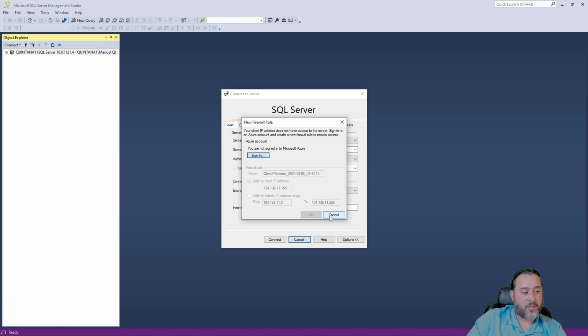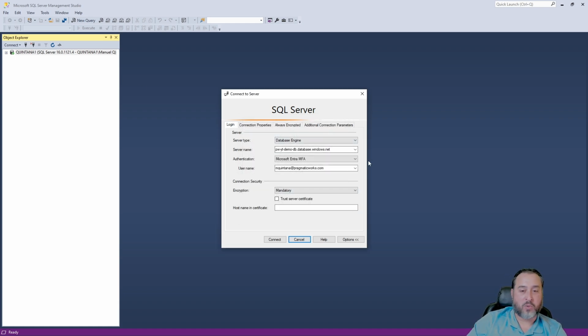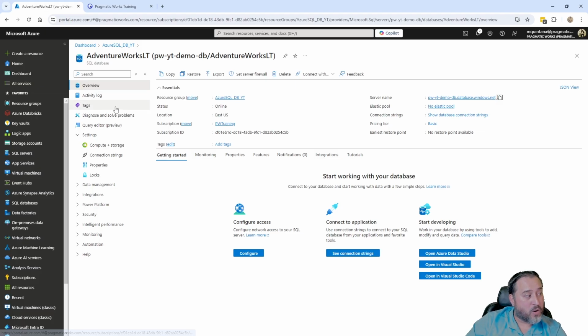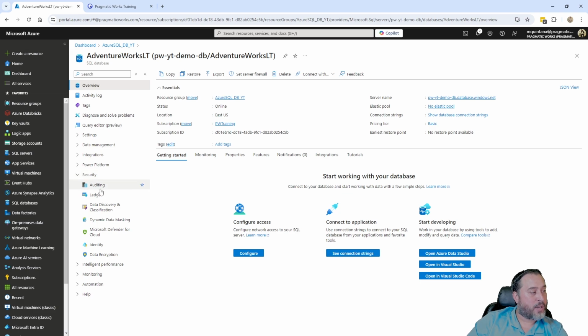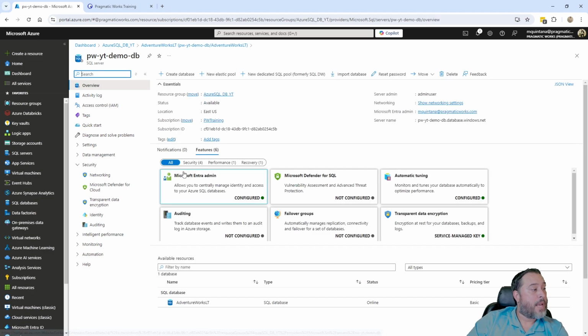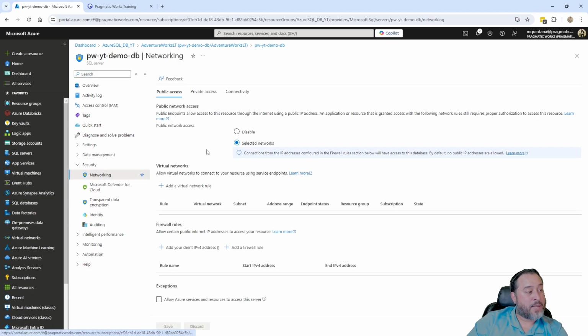So if I wanted to be able to connect, we would have to return back to our settings. So if I go right back over here, we need to go to that server. Remember, some of these settings are controlled at the server level. There is an area here. You can see if we go into security, we don't see the element for the firewall rules. But if I go over to the server name and we access networking, we can see we have the ability